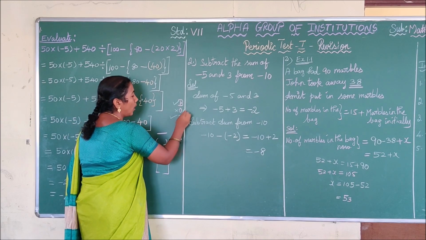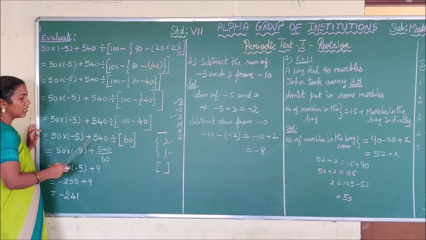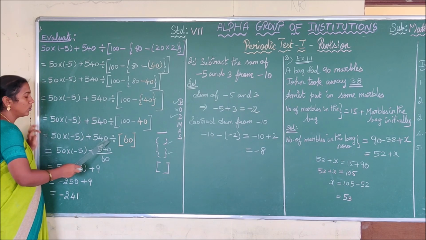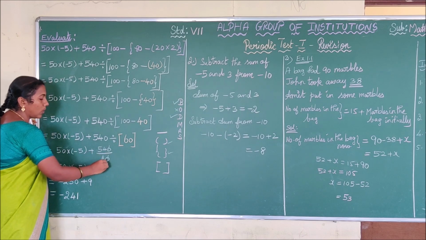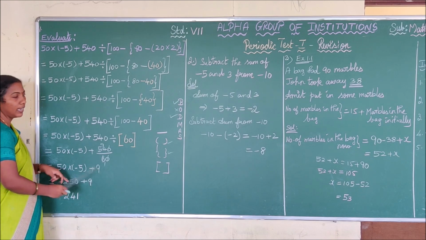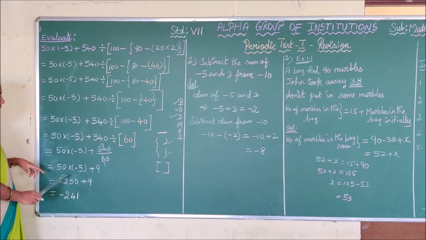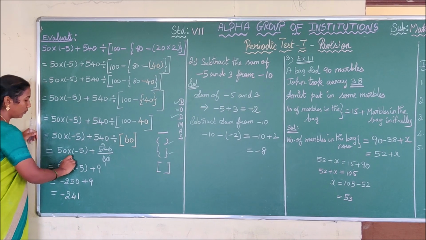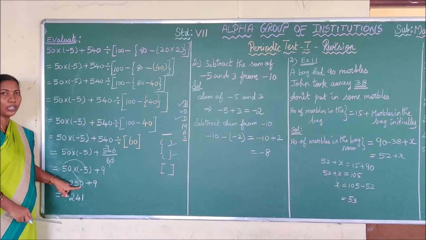So next we have to go to the operation division. See here we have the multiplication, addition and division. So as per the BODMAS rule, first we have to go to the division. So you have to divide the 540 by 60. Cancel 0, 0, 6 1 times 6, 9 times 6 is 54. So your answer is 50 into minus 5 plus 9. Thus we have evaluated the division. Next we have to go to the multiplication. See here we have multiplication and addition. First we have to do the multiplication. So 5 into 5, 25, add with 0, plus into minus is minus, thus your answer is minus 250 plus 9.